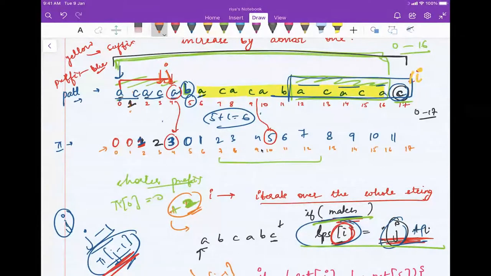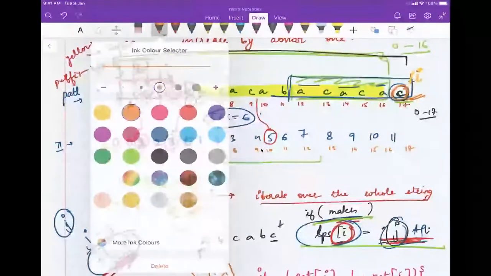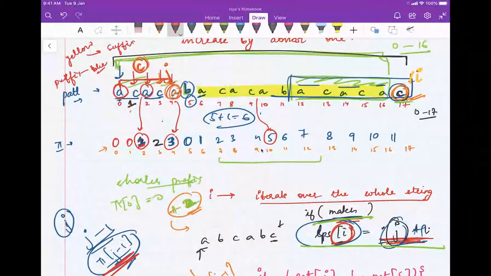Now when you match this pointer value j, you will see here that this value again does not match with my c value, right. So again आप पीछे move करोगे, so that means आप second pointer पे आओगे, उसकी lps value check करोगे, that is 1, right. So आपने यहाँ पे c pointer पे move कर लिया, right. तो आपको ये पता है कि अभी भी ये वाला part, this a part is also a a part. तो अगर c match कर जाएगा यहाँ पे, again the length will be 2 here, and that happens in this case कि यहाँ पे जो c था it does match here, and you can simply say that the lps value here simply becomes